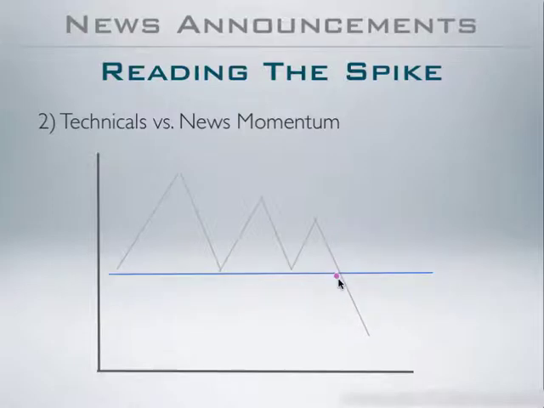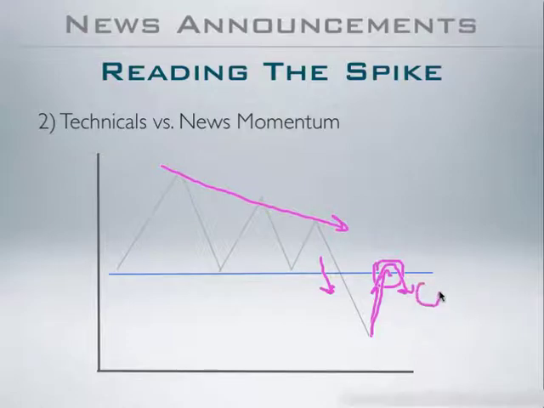On the other hand, if price spikes up but this level contains the news momentum, and from here we see price turning around in the direction of that original breakout, in the direction of that market pressure, basically in the direction of the technicals, right? Well, any short opportunity we may find here is going to be a solid, high probability trade, because chances are price is going to take off on a whole new swing to the downside.